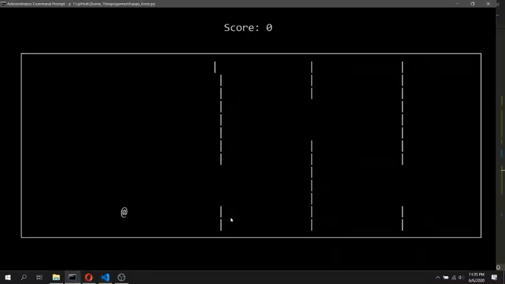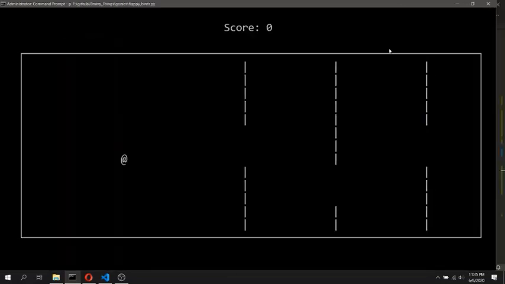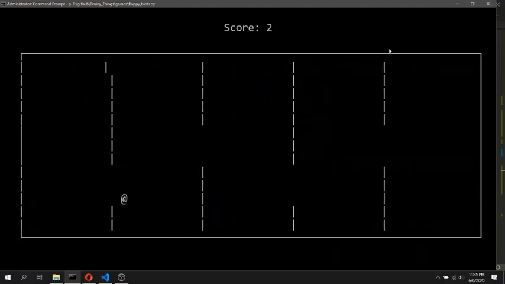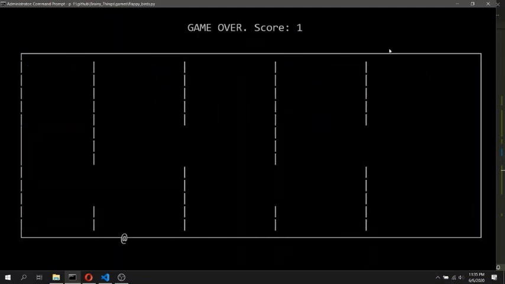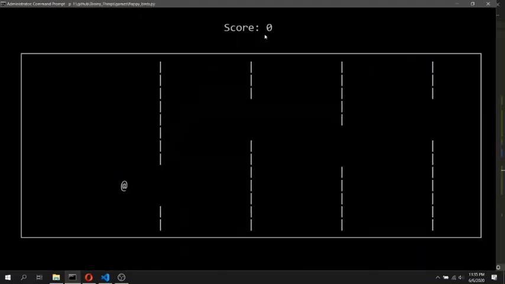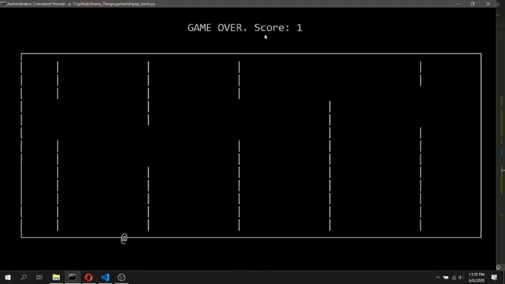Now if we run the code again and our game gets over at score equal to 0, we still get the score 0, and if we get a score of 1 and then collide, what just happened? My score is 0, now 1, 2 and I collided. Okay, the score is decrementing.